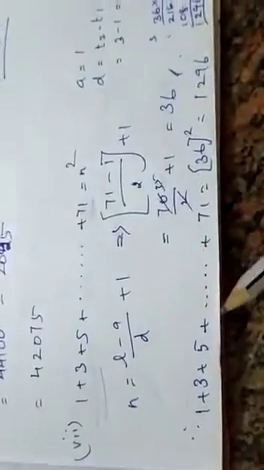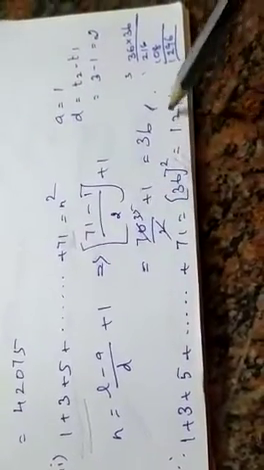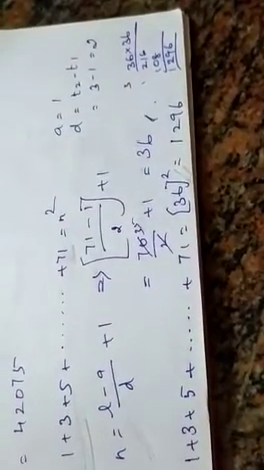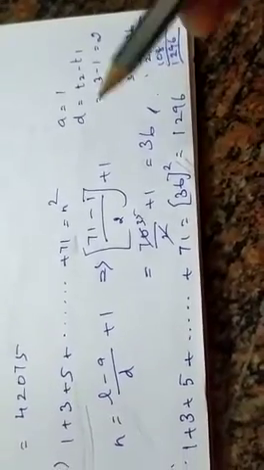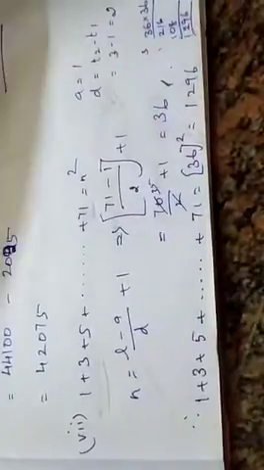Okay. So I already told you about this formula. You can square it easily. Okay, 1 plus 3 plus 5 till 71 is 36 square, which is 1296. Okay. So how did I find the D? You know T2 minus T1, which is 3 minus 1, which is 2 only.